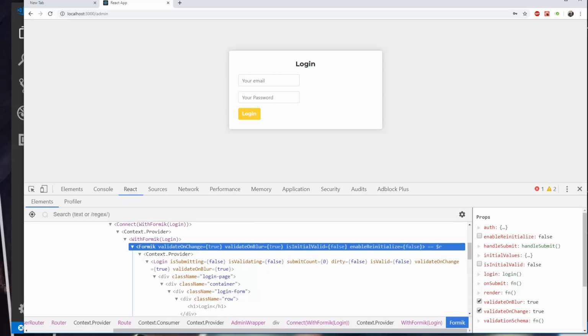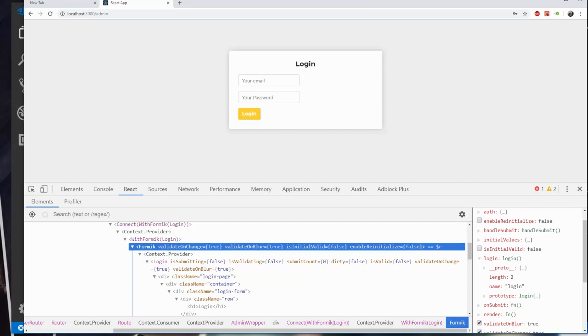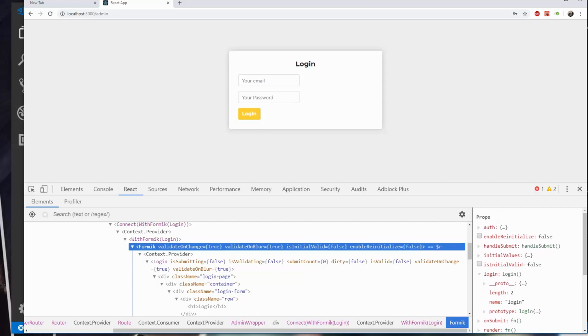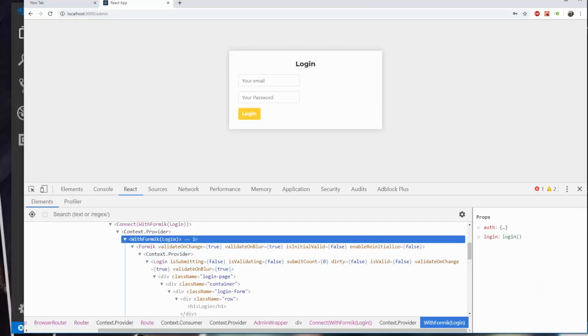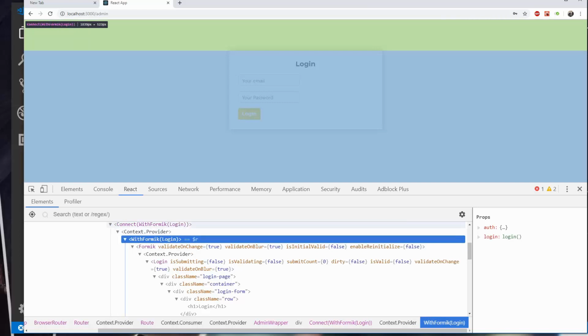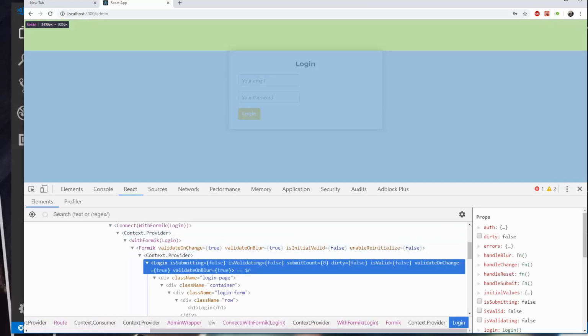Yeah, so handleSubmit, login, and it was saying login is not a function. So with Formik login, connect with Formik login, we should have,